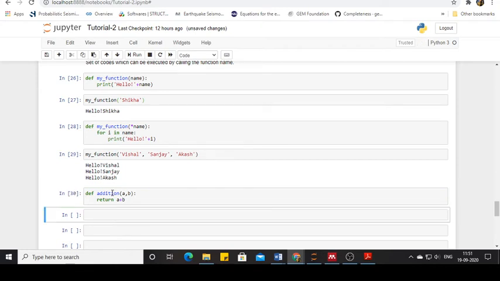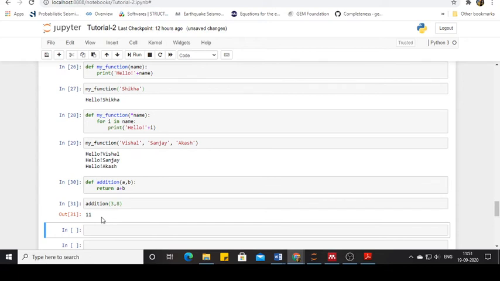So now I have defined the function, but I can call this whenever I want, and I can say addition 3, 8, and it's going to fetch me 11. So it's not mandatory that every time I say a plus b, and so on. So these functions are more generic, and they can be called just by using their name and giving the